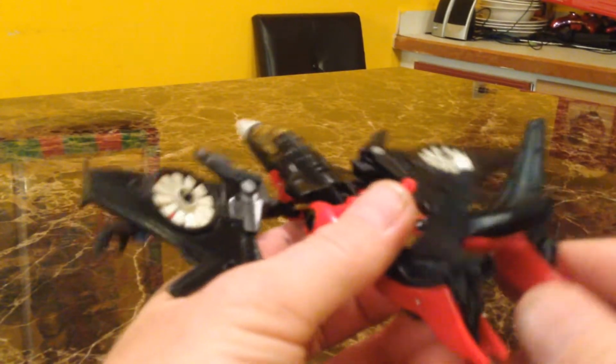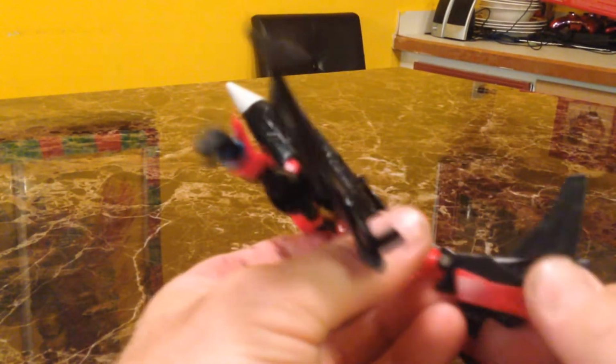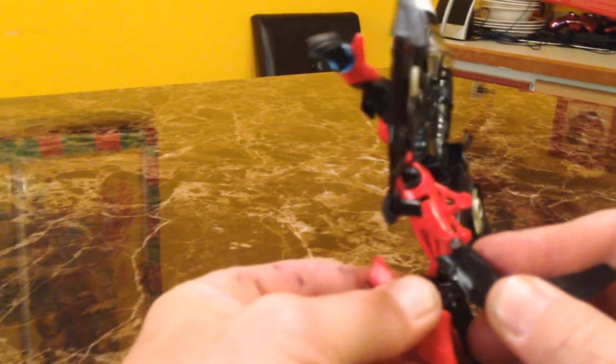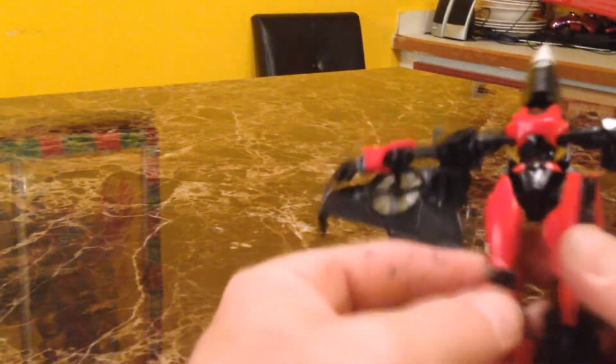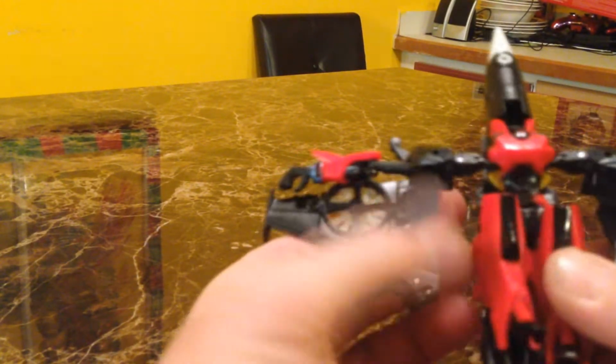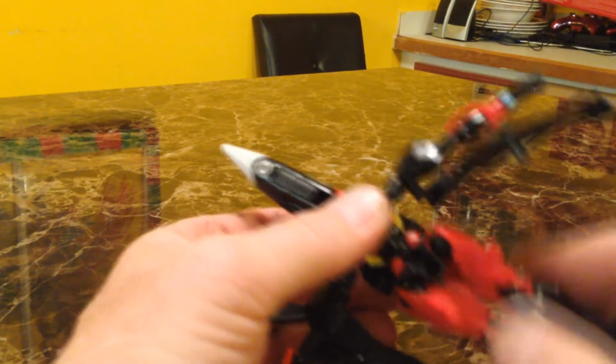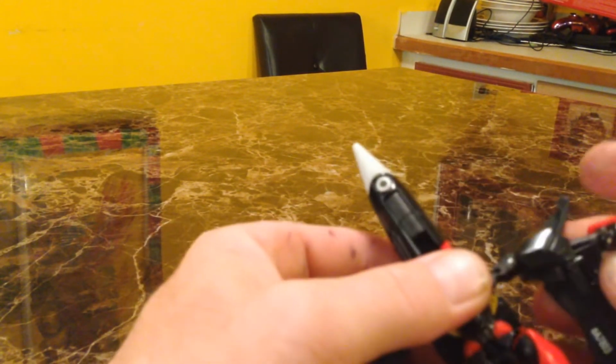Then I'm going to fall back to here. The tab is just going to push up out of the way. Both of them you'll do that with. And then the leg is going to split open like this, and you're going to push the shin and foot section forward up over the thigh. You're going to repeat the same process with the other leg. Bring it up like that. Then you're actually going to swivel the waist section here so that the shins and the feet are up on